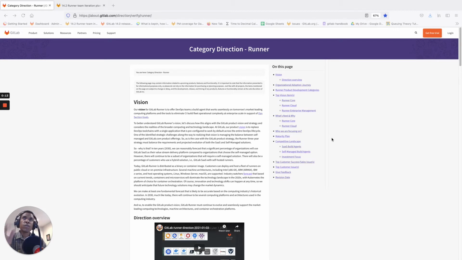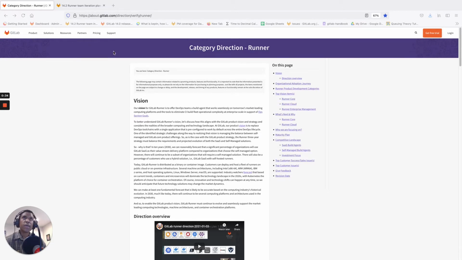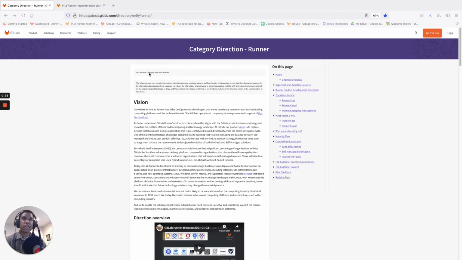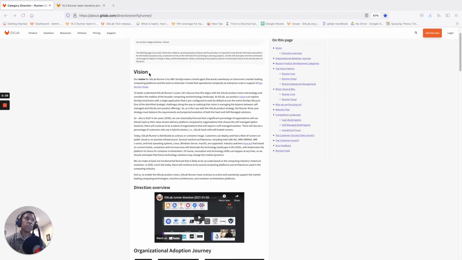I just want to draw your attention to the screen really quickly. This is the category direction page for GitLab Runner. So if you're looking for an overview of the GitLab Runner product vision, the strategy, as well as some details in terms of what we have planned in near-term releases, this is your starting point to understand the overall landscape. It's at about.gitlab.com/direction/verify/runner. So again, you can come in here and take a look at the vision, and then we also